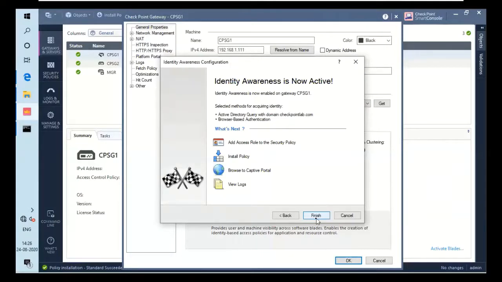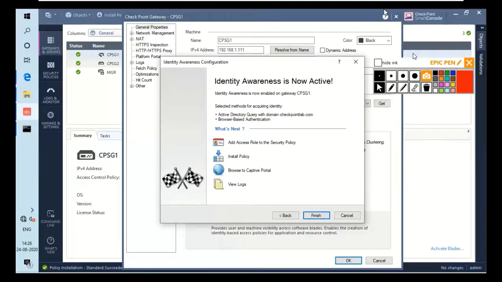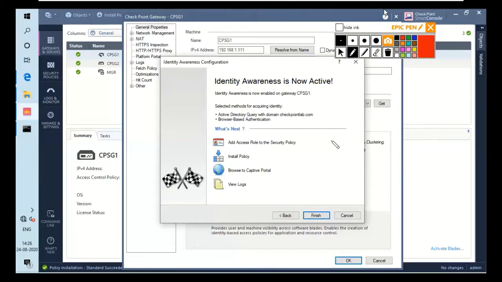So what you have to do is create an access role object for the security policy. And talking about access role objects, we have to talk about them because it's a different kind of object that we didn't use earlier, right? It's a new kind of object. You usually created a host, or a network, URLs, and everything you can create. You created user group, LDAP, whatever you needed, you created like that, right?